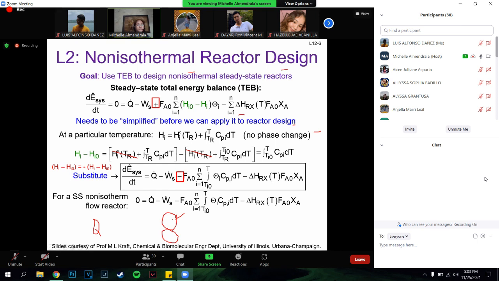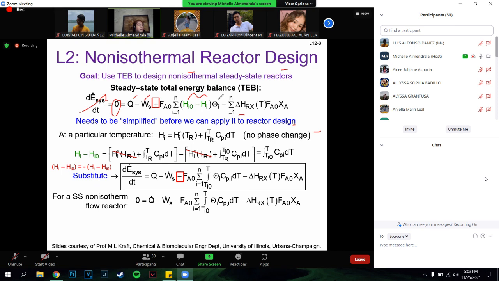So again, for the non-isothermal reactor design, going back to our overall energy balance. If we're talking of adiabatic, later you will see. This is the steady state operation, zero accumulation, Q minus WS, and then of course the transition where you combine your enthalpy entering and leaving for the,